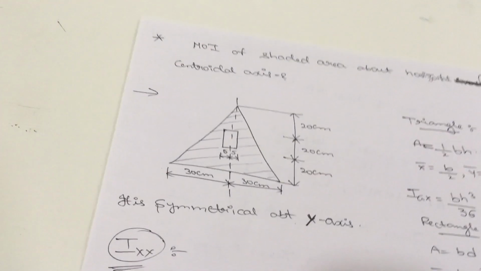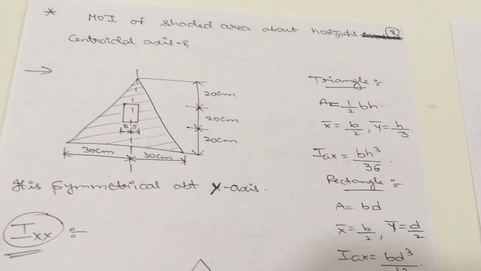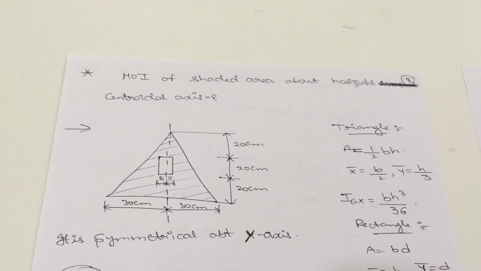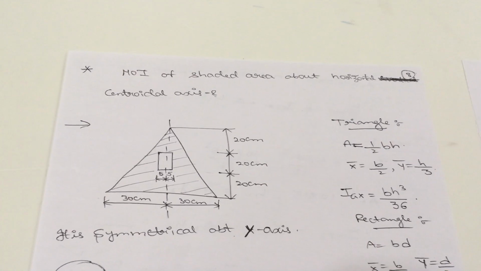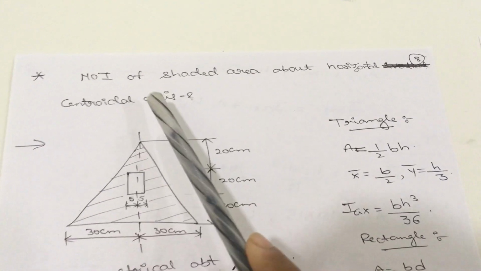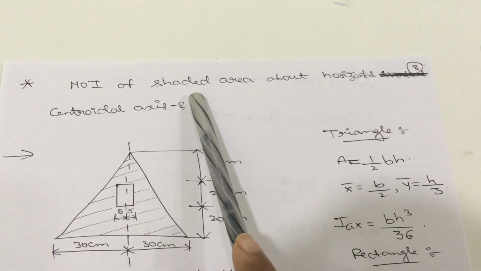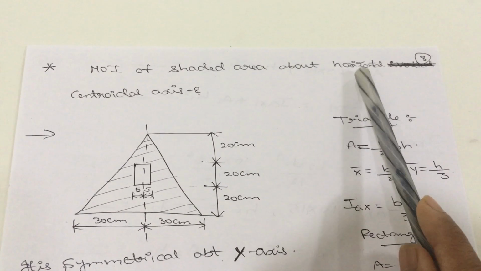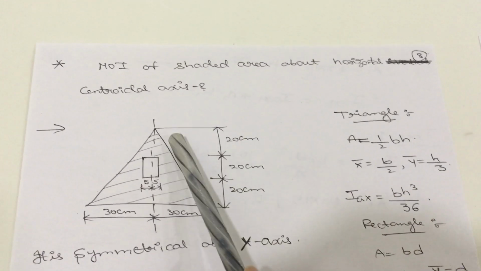Now we will see one more problem which is related to cutout sections. In the previous video already I have explained that for the cutout sections everything, process, procedure, formulas, everything will be same. But in the last calculation part you will get the minus sign in place of the plus sign. That is the only difference for the cutout sections.